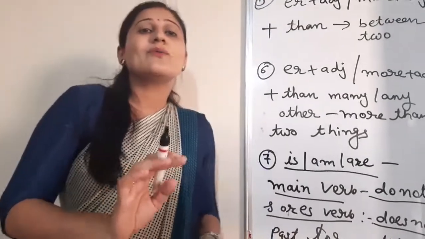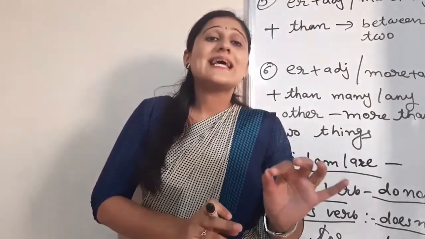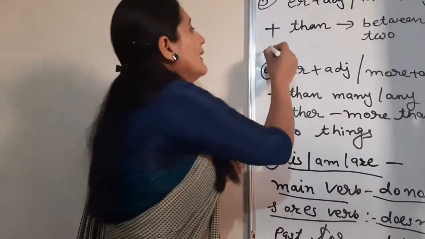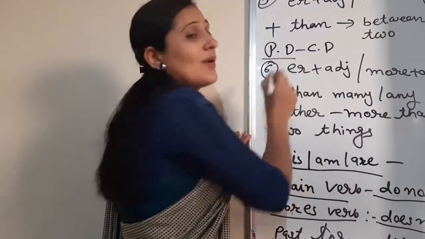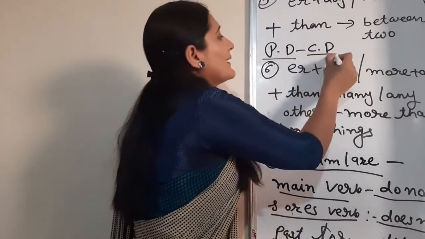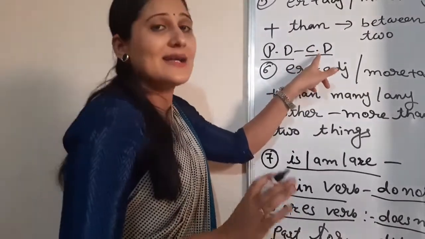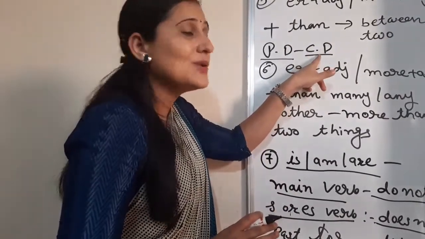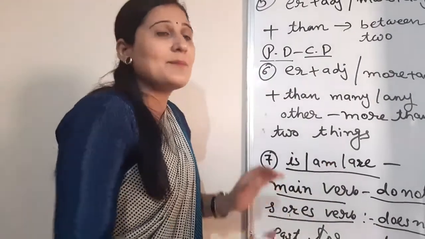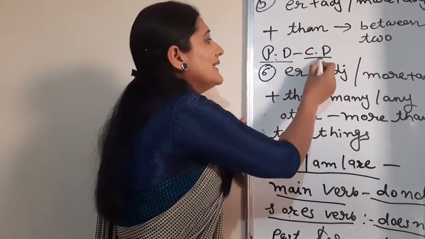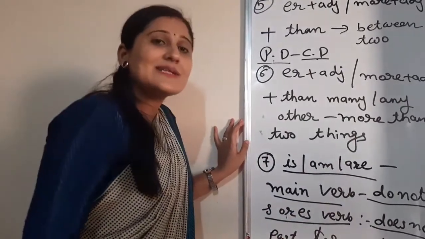I hope you have understood how many rules I have explained? 7 rules. For what? PD into CD. It means positive degree into comparative. 7 rules. The same rules are there for comparative into positive. But let's understand with an example from PD to CD, with the rules that I explained. Let's follow in the...